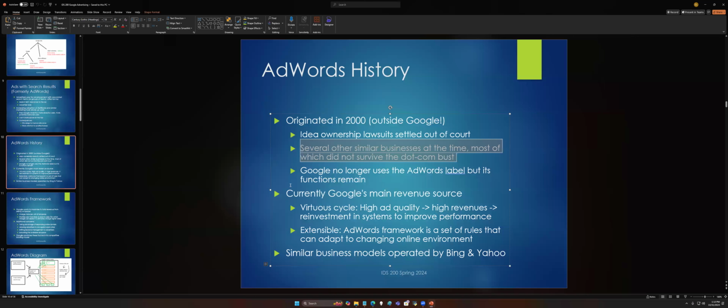Now, once upon a time, it was pretty easy to figure out exactly how much of Google's money came from AdWords. But now it's tougher because Google is only a slice of Alphabet. Back in the day, Google would say, "Oh, we get this much money from ads shown with search and this much money from ads shown other ways, like on blogs, and this much money from other sources." It was all pretty well broken down. And you could still find out that stuff, but it is a lot more work. And the definitions are not as clear as they used to be. But from what they were, around 75% of Google's revenues came from AdWords,